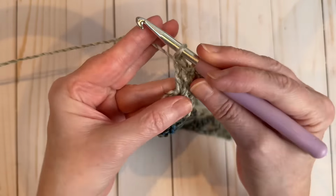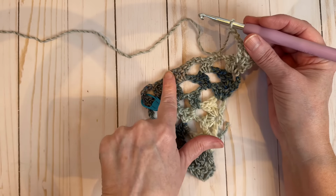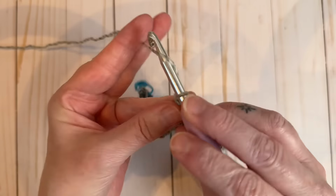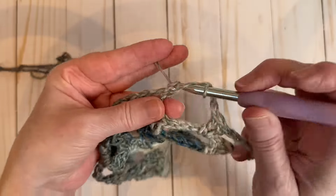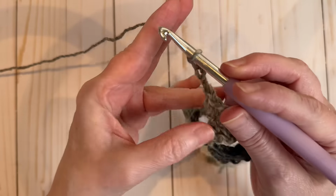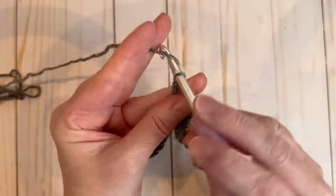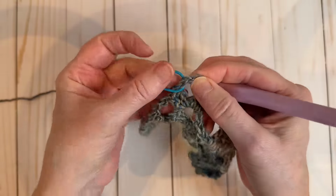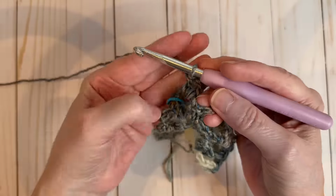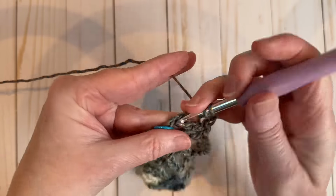So we place 2 double crochets in that first chain 1 space, chain 3, and then each side space here is going to get 2 double crochets, chain 3. We have another side space, so 2 double crochets, chain 3. In the next side space, 2 double crochets, chain 3. Here's our point that we have marked, so we're going to place 2 double crochets, we're going to chain 4 in our point, place 2 more double crochets in that same chain 4 space,